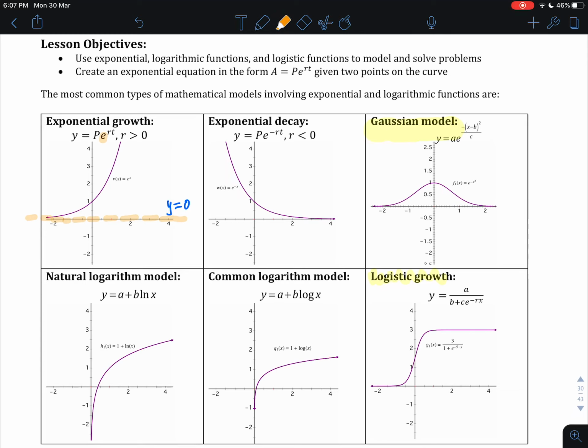Then in the second one we have exponential decay, so e to the power of minus r, or 1 over e to the power of r, and once again we have our horizontal asymptote at y equals 0. Similarly, for our Gaussian model,